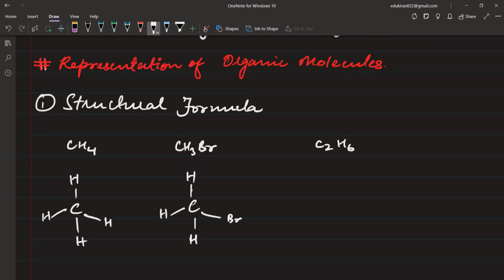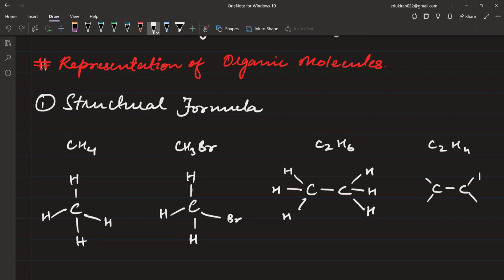Then you will make 2 carbon atoms bonded to each other like this, and each carbon will have 3 hydrogens, making it 6 hydrogen. Let's suppose you have C2H4 now. That means you're going to do carbon, single bond carbon, and then attach two hydrogens to both of the carbon atoms. Now you will see that carbon is only having 3 bonds, which will give it another bond,